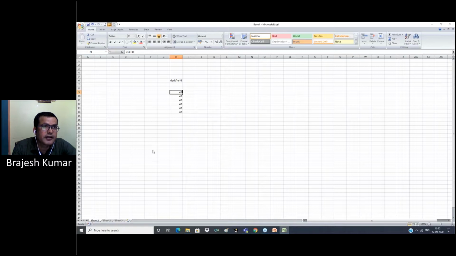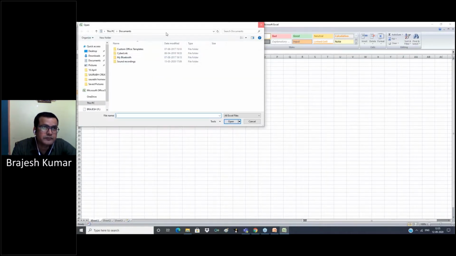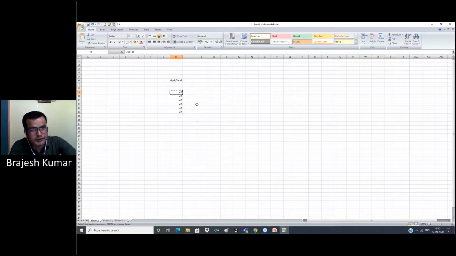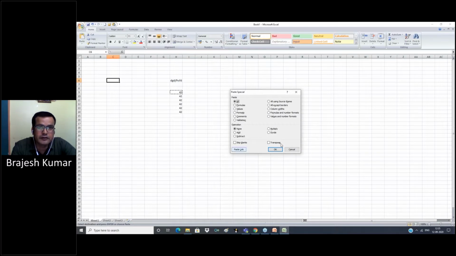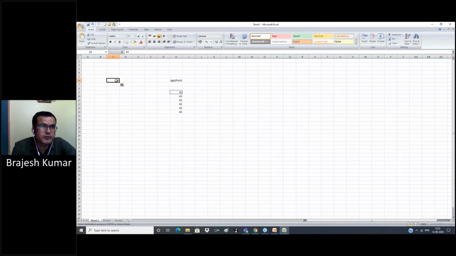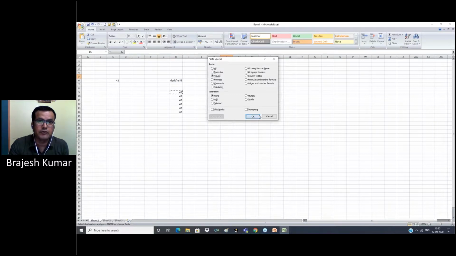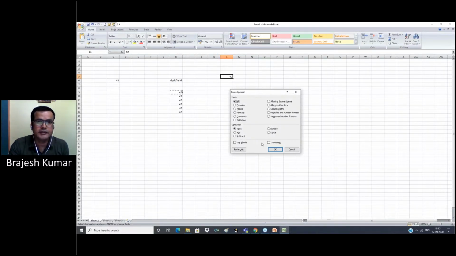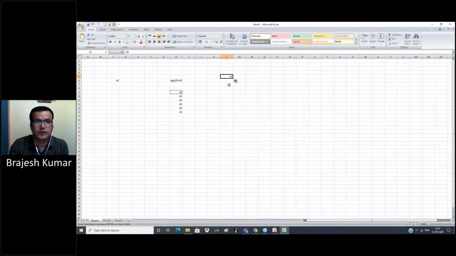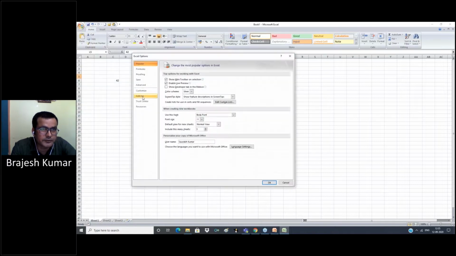Now we can click here and open any workbook, and after copy we can use paste special by clicking here. No need to right click and go to paste special and then choose value; directly choose value. So you can customize the quick access toolbar from Excel options.